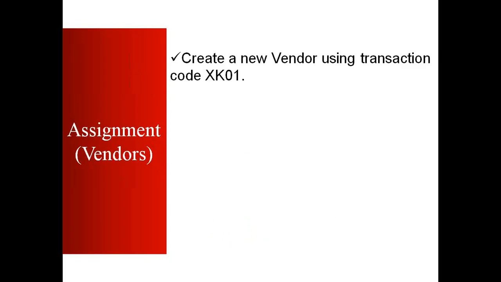Before you move further, I want you to do an assignment first, and do this exercise on the server so that you can learn properly before you go ahead. So I wish you to create a new vendor using transaction XK01. Once you have created and saved your vendor, then search for the vendor. If you do not remember the name of the vendor, search for it using the XK02 transaction and look through the different screens and the different partner roles that your vendor is assigned. Then view the same vendor in the MK02 transaction, where you can only see